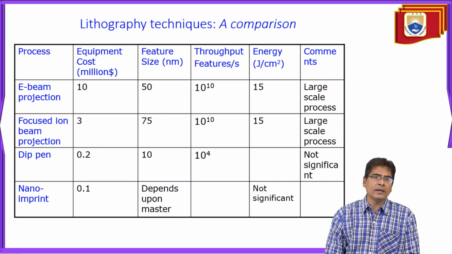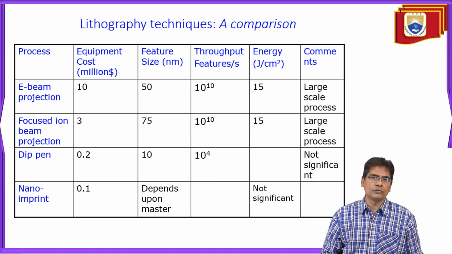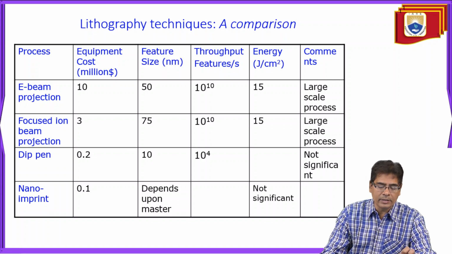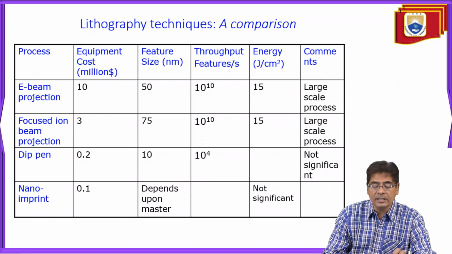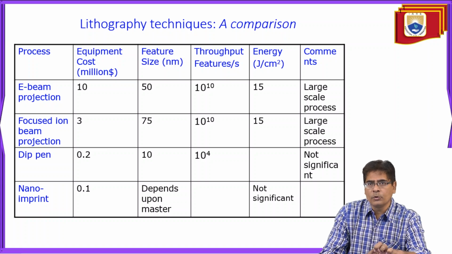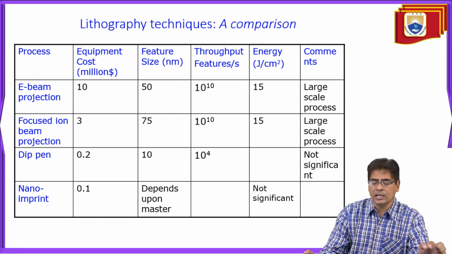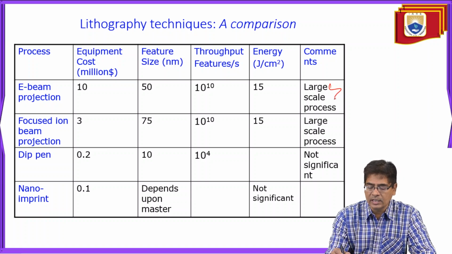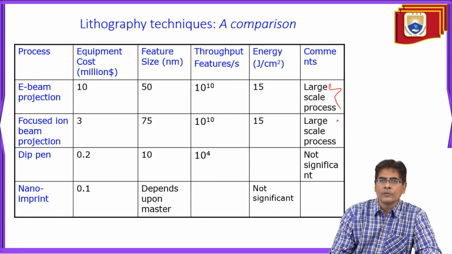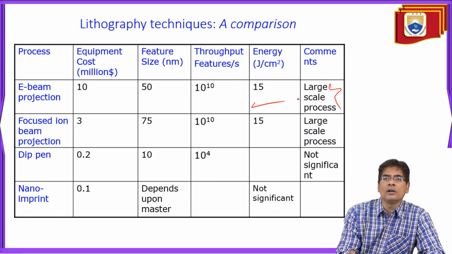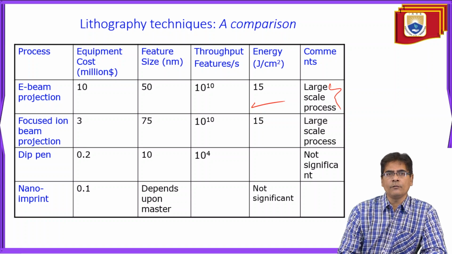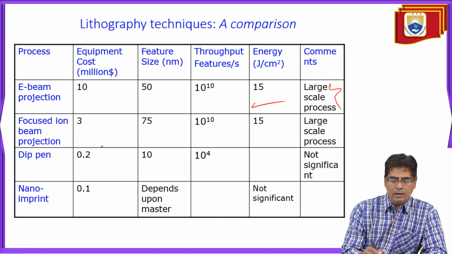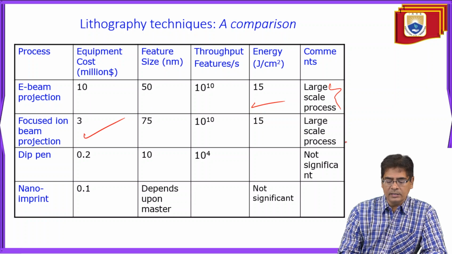So when we go for the projection form, the EB projection, the cost of equipment is around $10 million, feature size around 15 nanometers, throughput features 10 power 12, and energy consumed is 15 joules per centimeter square. The comment is that it is a large scale process. Whereas in case of focused ion beam projection, we have $3 million, and feature size is 75 nanometers,